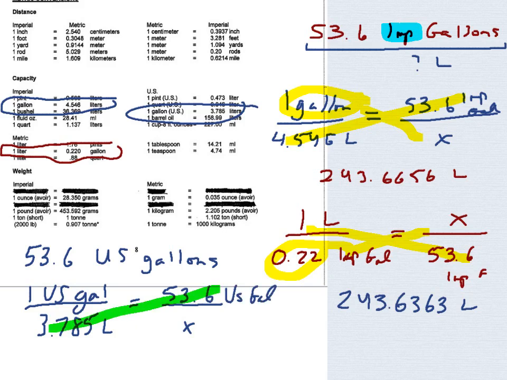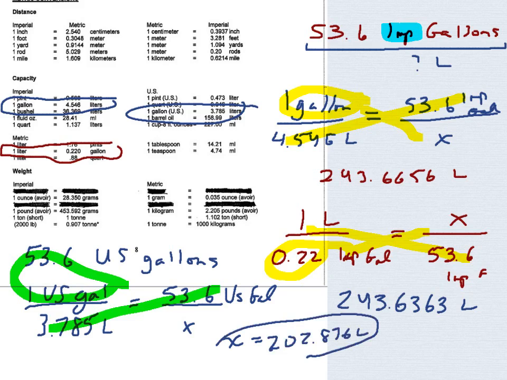53.6, multiply that by 3.785 divided by 1. You're going to get an answer here for the U.S. gallons to liters of 202.876 liters. So if you were required to have a certain number of liters to get from A to B, and